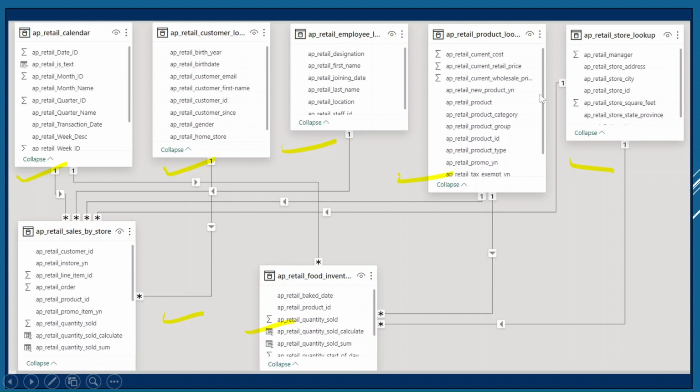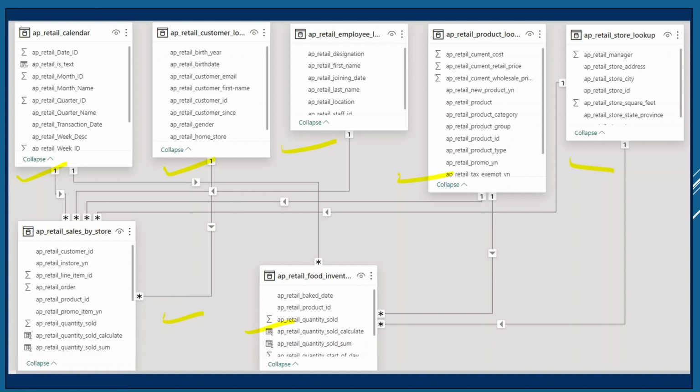there could be a relationship between AP retail product lookup and AP retail food inventory, because all the product related information is present in the AP retail food product lookup table, and the inventory related information is present in the AP retail food inventory table.